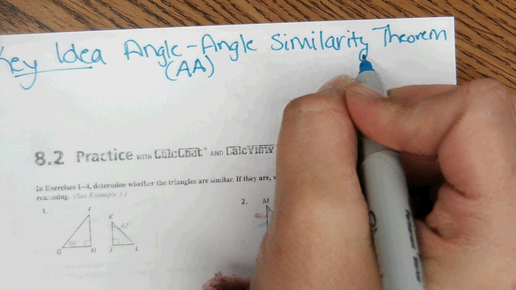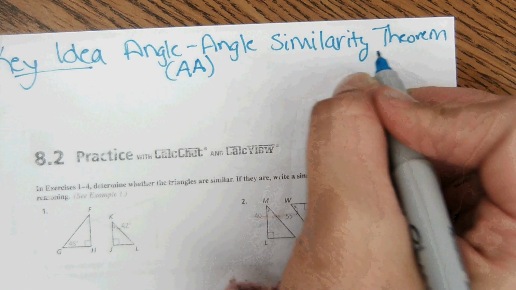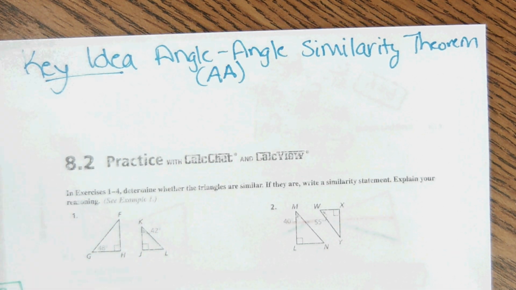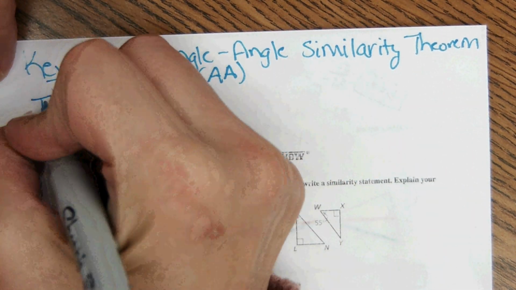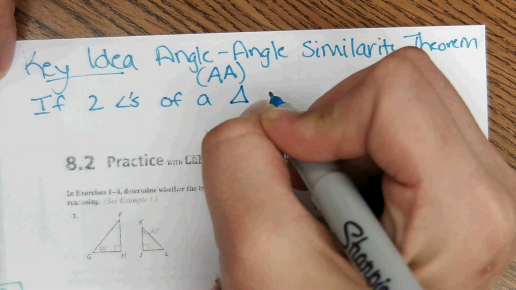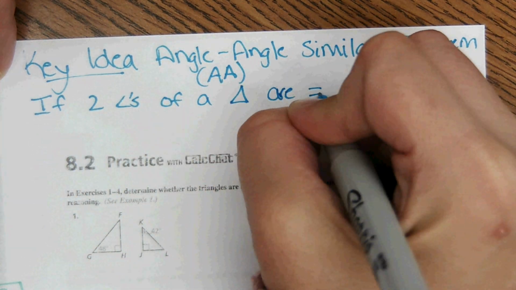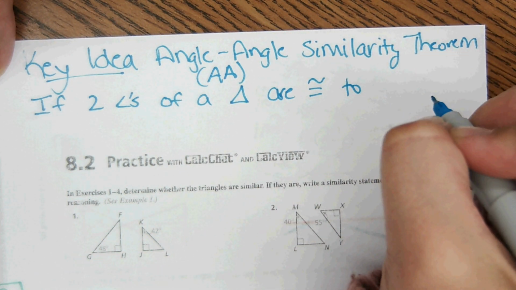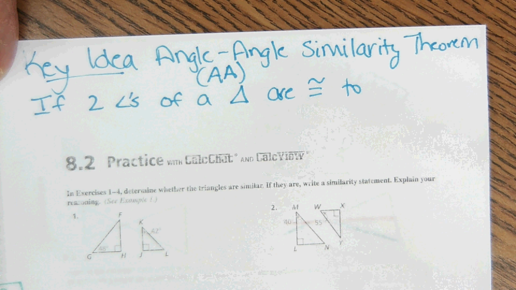The abbreviation for angle would be A. So sometimes you'll just see it as AA similarity theorem, that just stands for angle angle. And what this theorem states, and I'm going to be using a lot of abbreviations, I hope you're all right with that. Here's the idea. If two angles of a triangle are congruent,